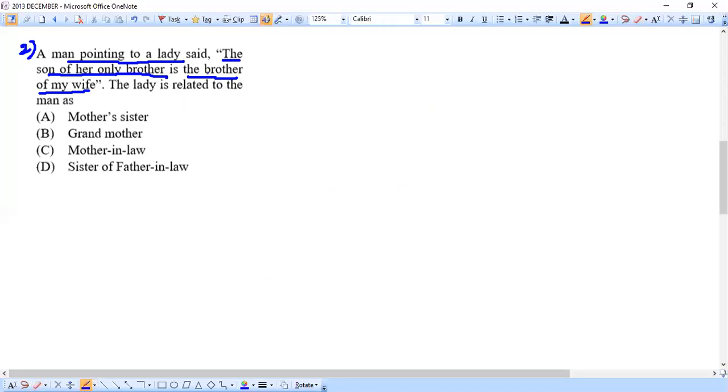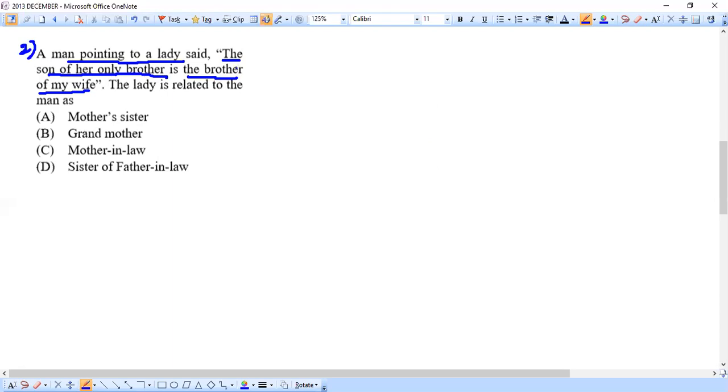Back to pen. Now let's carefully decode. Just try to understand what statement that person is making. And one more thing we have to remember very clearly whenever we solve a blood relation question: be clear with the generations, one below the other. At the same time we should also be clear with gender, whether male or female. Once these two things are represented clearly, then the way of answering the question will be very, very easy.